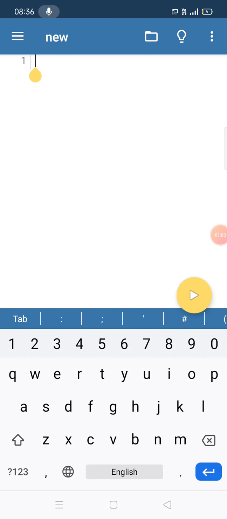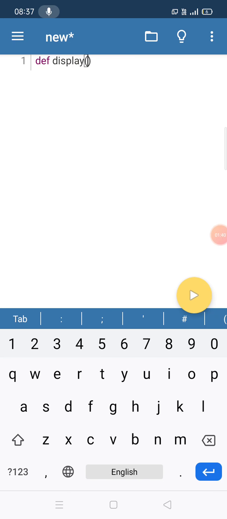That is, we are reducing the coding part. Suppose assume that if you want to execute a set of statements for more than 10 times or 20 times, means you have to write that particular code for 10 or 20 times. It may take around 1000 lines like that. So in order to save our time as well as to reduce our coding part, we are using the functions concept. So here we are going to see an example.